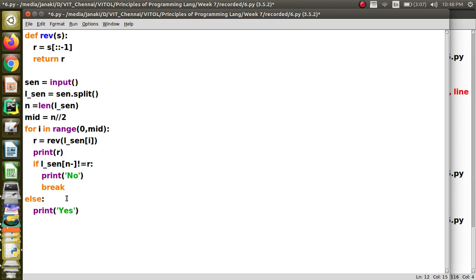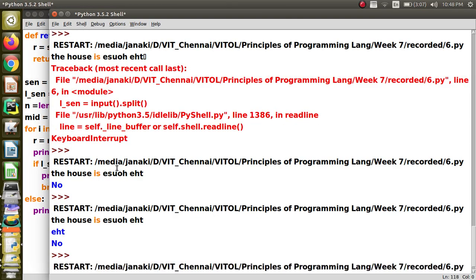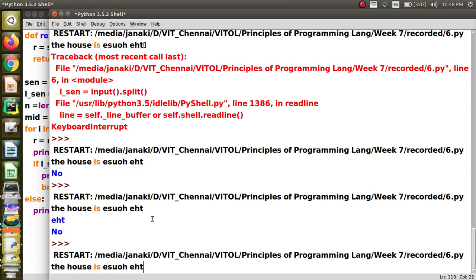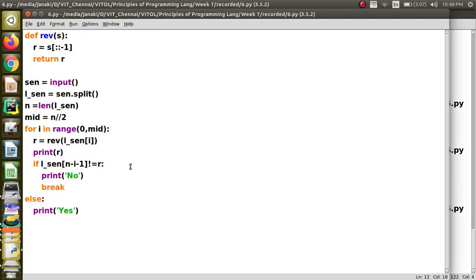So it should be n minus i. That is, the ith word should be compared with the n minus ith word. Okay, so this should be minus 1 because the index starts from 0. In programming, the index starts from 0. So it should be n minus i minus 1. Yes. So let us remove this print.